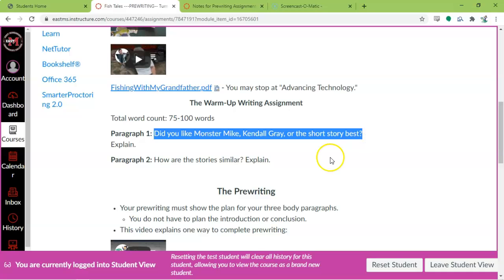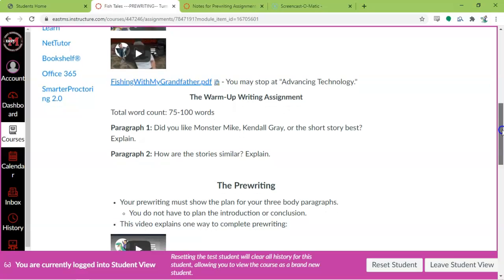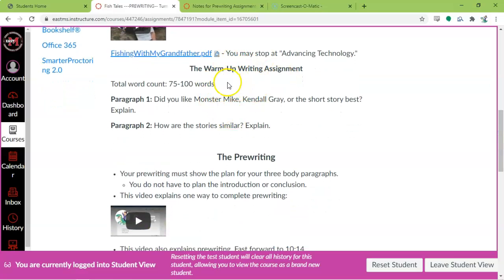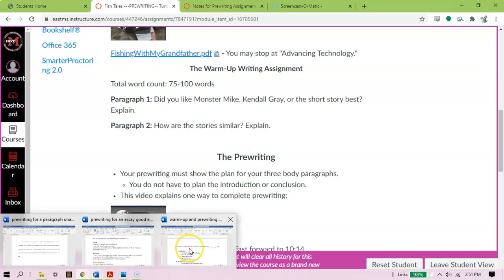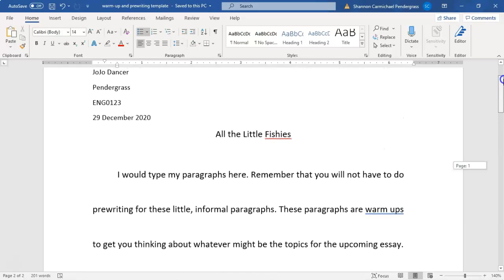Maybe you liked 2 of them a lot. It's fine. Just tell me which 2 you like the best, okay? Now, there are some similarities between these 3 items. Maybe you can see where the people are similar, or there are elements in the stories or the videos that are similar. Tell me about those similarities that you see, okay? Now you're done with that, right? Remember we looked at this template? That's your 2 little paragraphs, okay?